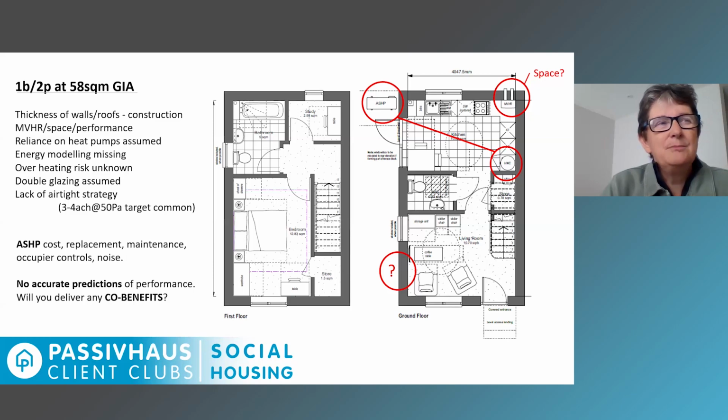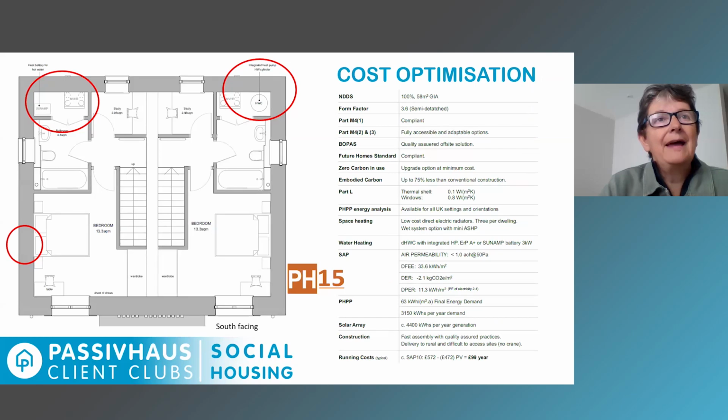We haven't done any energy modelling. We don't know what the overheating risk is. There's a lot in there. We don't have any accurate prediction of performance, energy performance, and will the co-benefits be protected or will they get lost? So we can then start to elevate that, and here is the same design being elevated up to Passivhaus level,